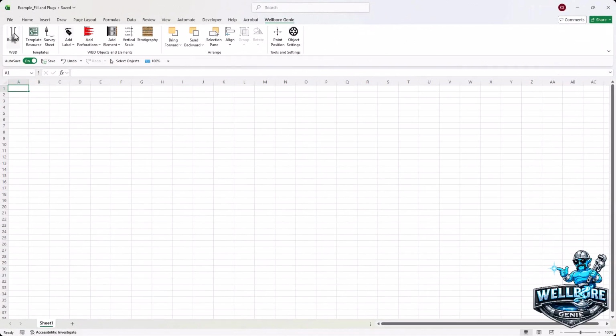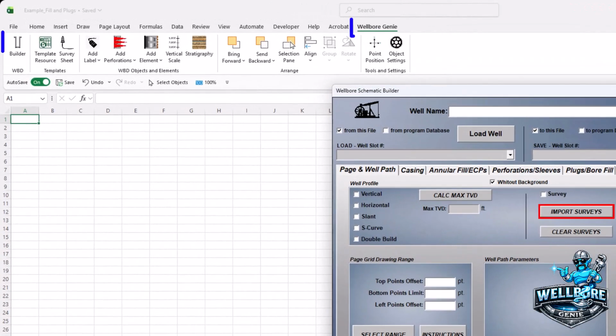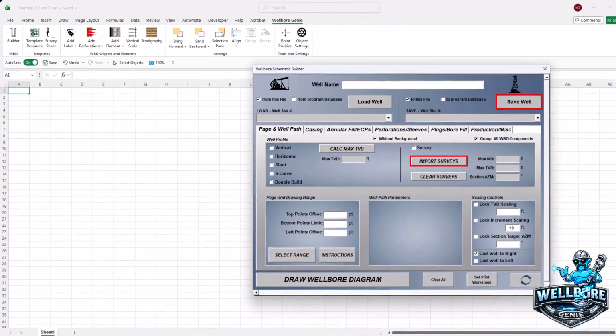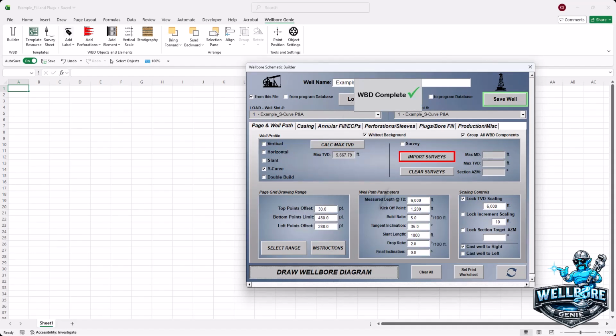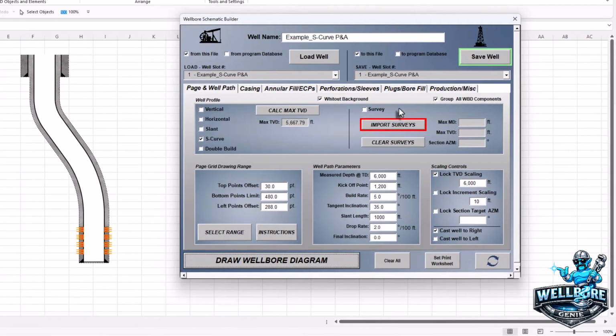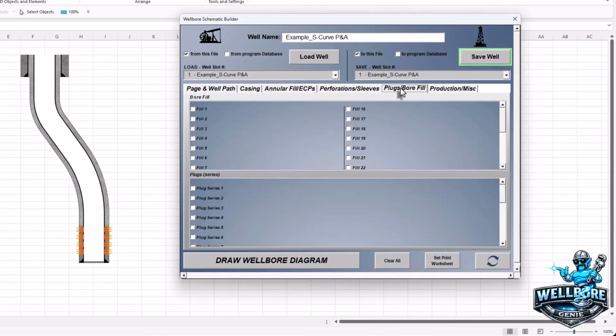The first step to drawing any wellbore diagram is to open the Wellbore Schematic Builder, which is located underneath the Wellbore Genie ribbon on the far left side of the ribbon. For this first example, we'll load an S-curved well that has been plugged and abandoned, and add the cement plugs and the abandonment mud. Now we'll select the Plugs and Bore Fill tab to bring up the bore fill and